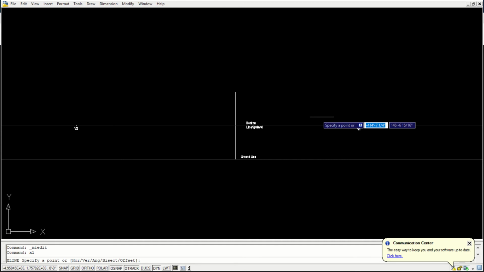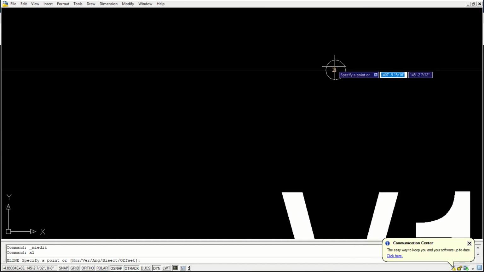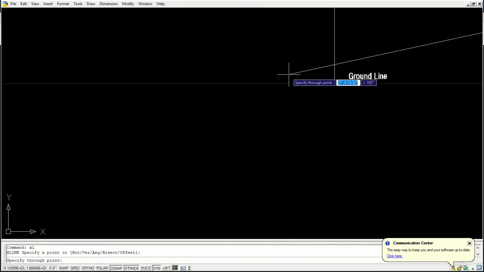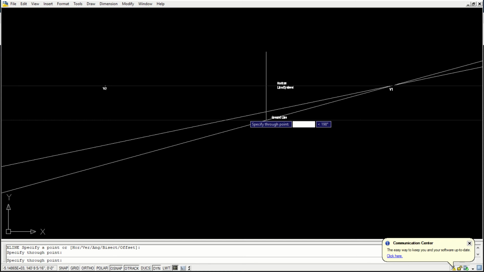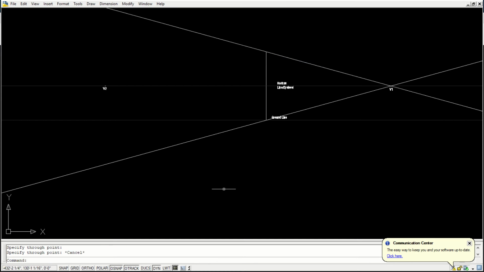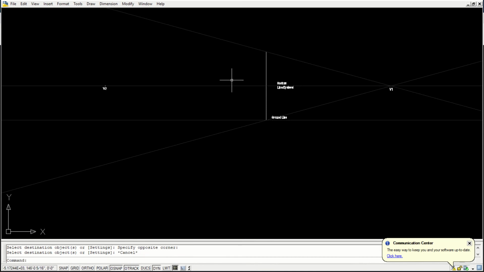Okay, the vanishing point, let's say, is passing through the diagonal lines here and diagonal lines here. I'll just again keep this in hidden lines so that we have some frame to understand. So we have created this facade using the vanishing point on the right.